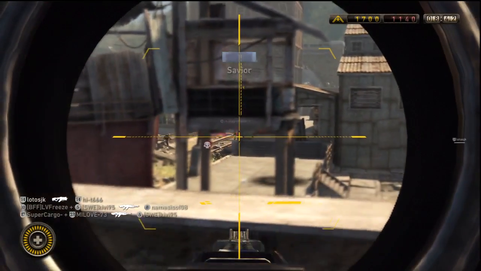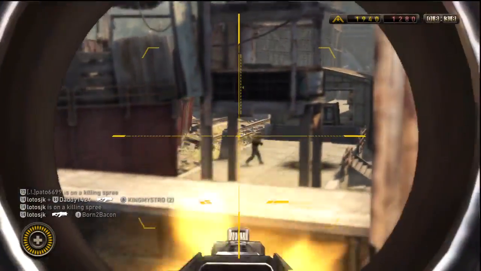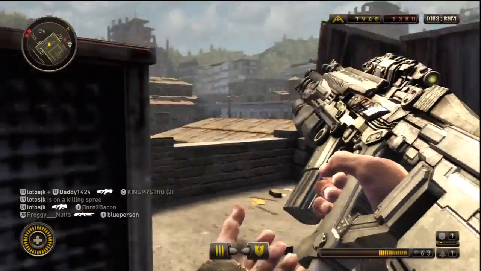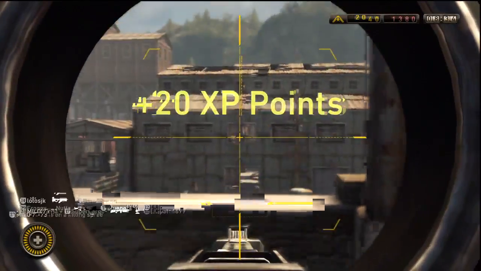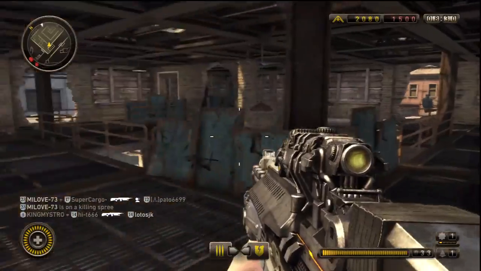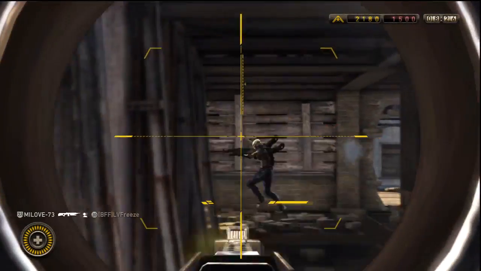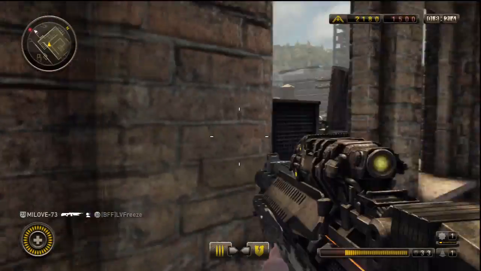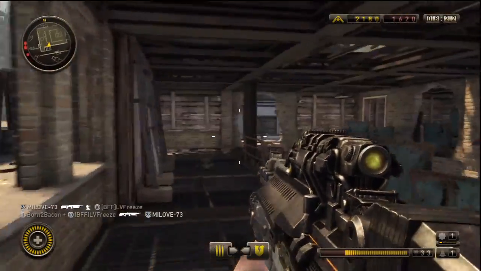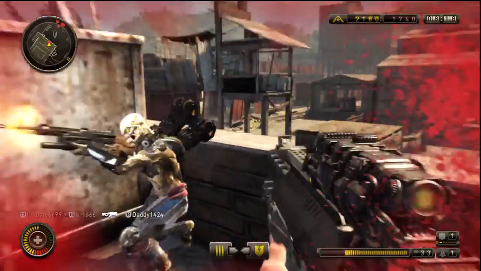Next, I guess the weapons. The weapons I think are just really, really fun to use, and they each have their advantages. Whereas in Call of Duty, there's always the weapons you should be using if you want to do well, such as the FAMAS and then the AUG, Black Ops I'm talking about. But in this one, you can use any weapon and be successful with it,